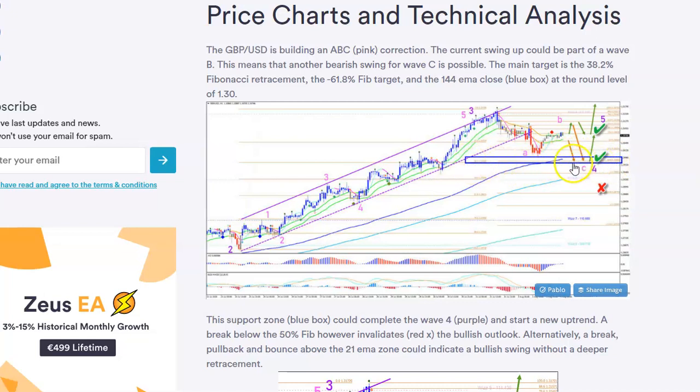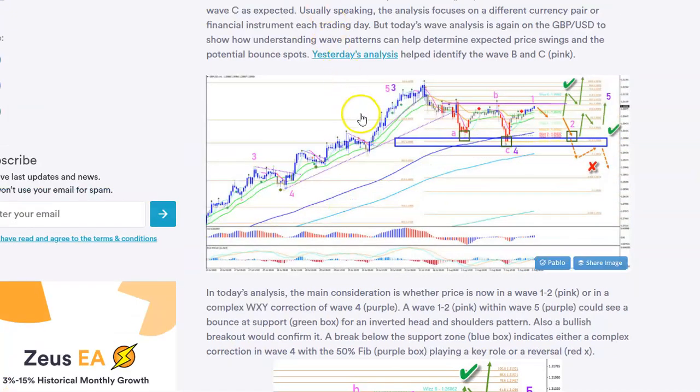Look at the blue box. Look at the wave ABC pink for wave 4. This was this morning, and you can already see that the ABC was completed, and that I was expecting a mild pullback. Look at that orange arrow, and then a break, pullback, continuation for upside. Maybe a bit deeper pullback even into the head and shoulders levels indicated by the green, but that didn't happen. But that was also a possibility.